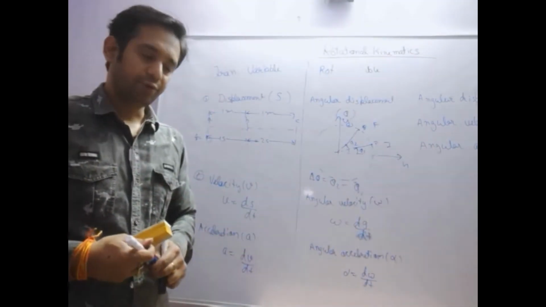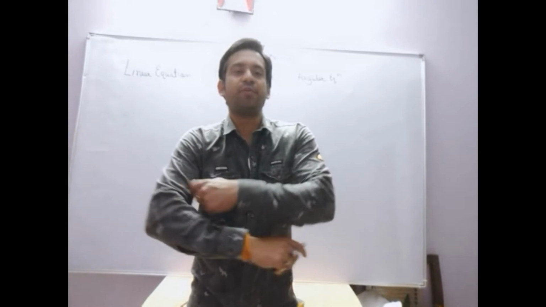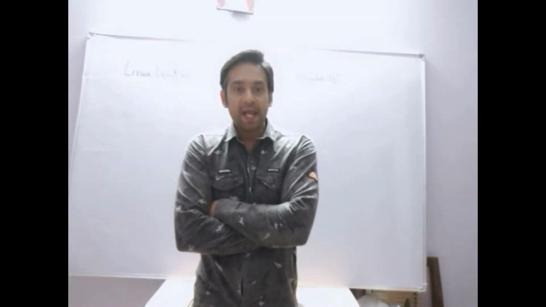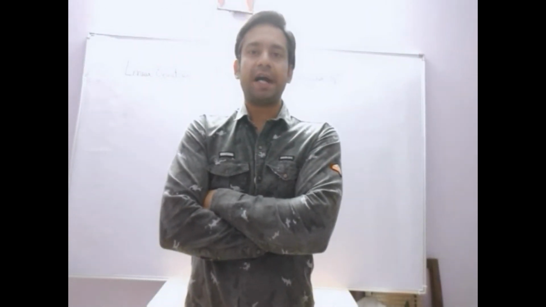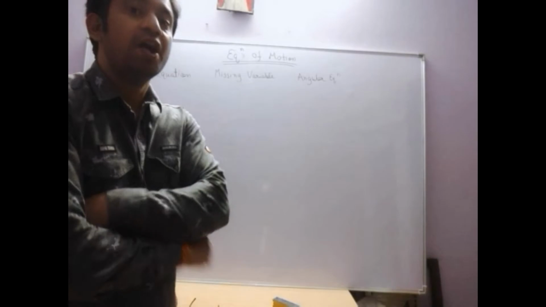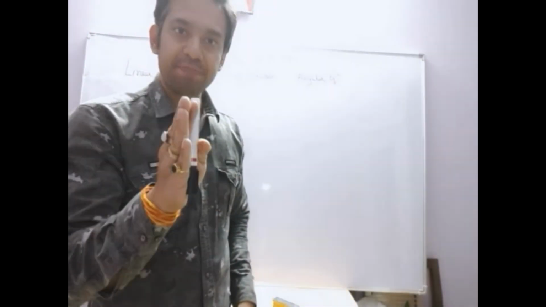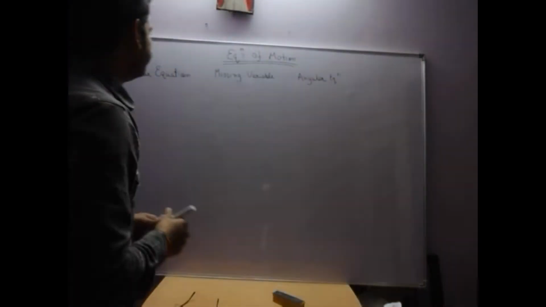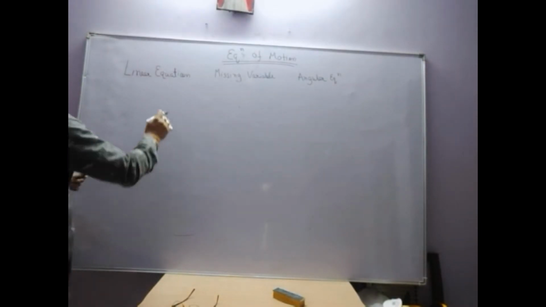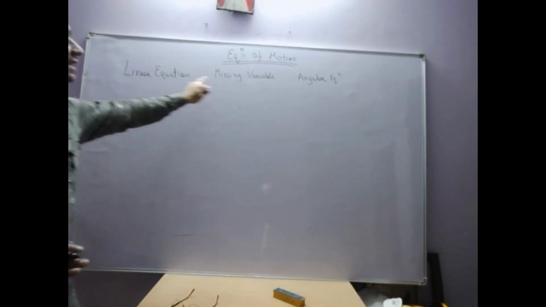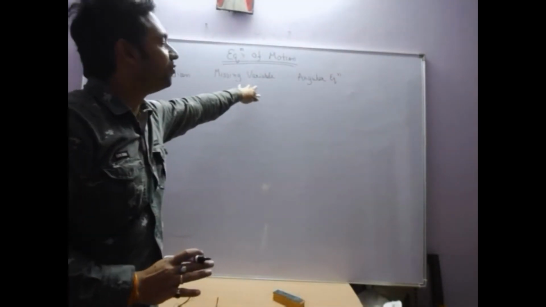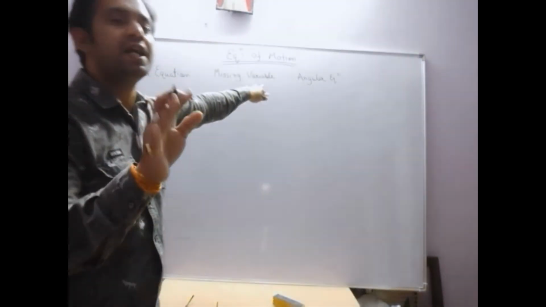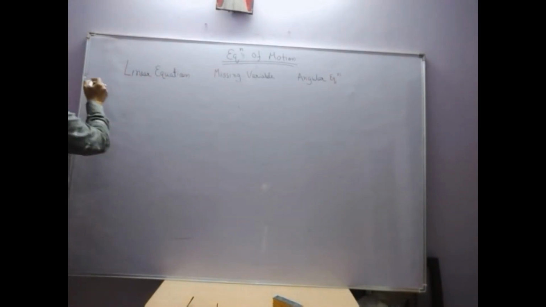Afterwards, the next topic is equations of motion. Equations of motion in translational motion, we know about. First of all, we are going to derive for constant velocity. Here we write the linear equation and the angular equation, and there is a missing variable in each equation. First case,